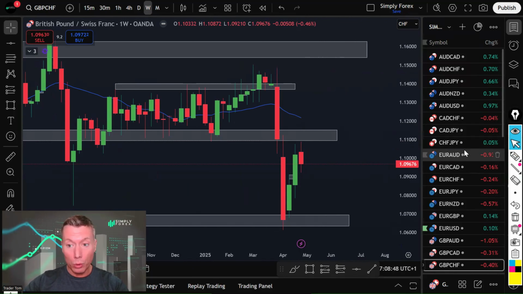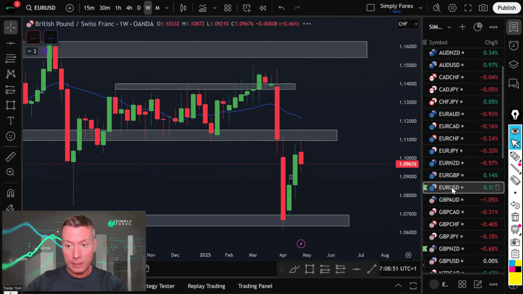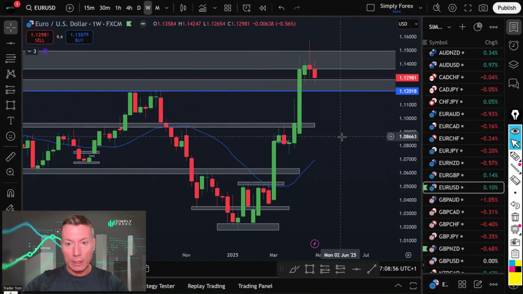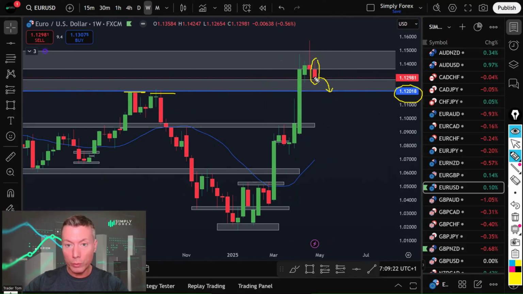Let's focus on a couple more US dollar pairs that I like. And these are against trend. So Euro US dollar. We were super overextended up here. We got a nice big bearish weekly candle, this big wick followed by another bearish weekly candle. So this suggests we have more room to the downside. And because this is against trend, I'm just going to take it down to this next piece of support here, this 1.1200 level. So Euro US dollar is a sell trade.